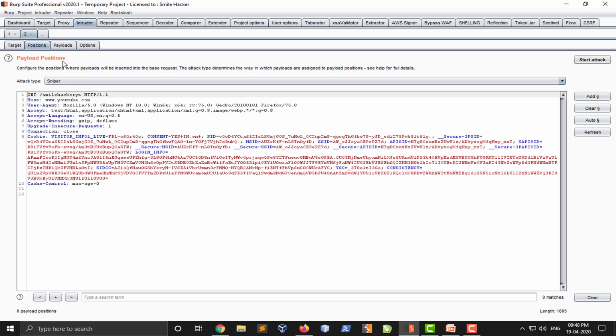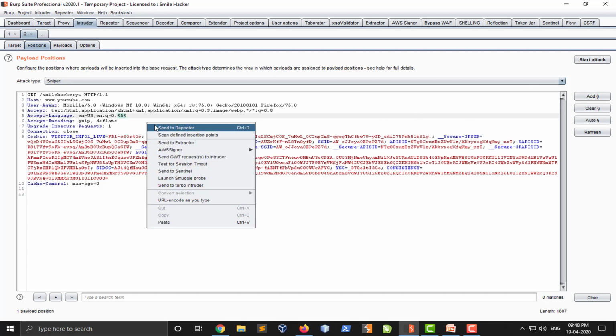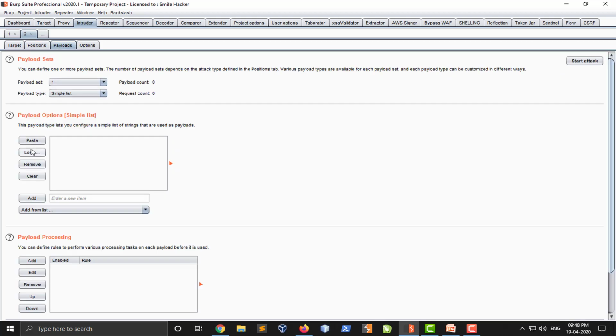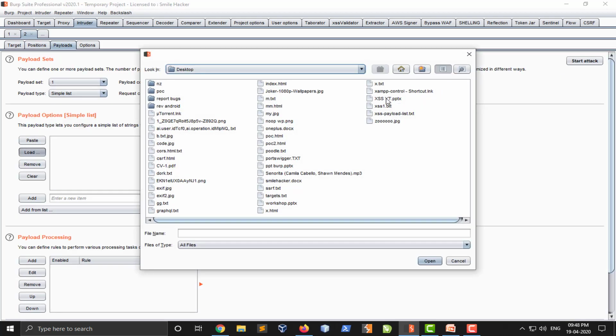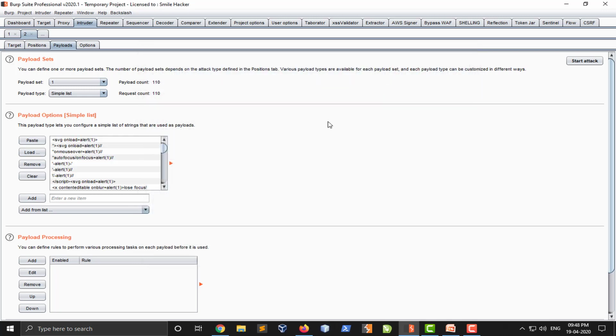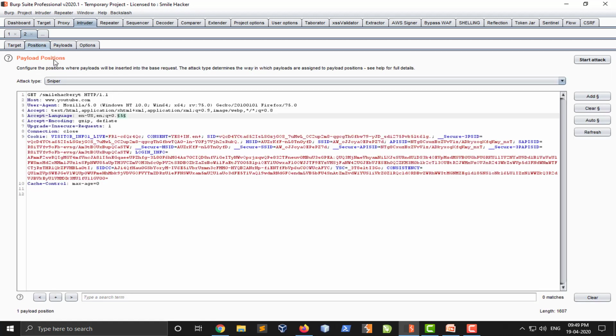So how could we perform a brute force attack? For example, I am showing you a basic brute force attack. Like if we add this to the scope, and we will see the payloads, load payloads, x.txt. Here I loaded my XSS payloads. The position is this. Sorry, I will remove this position and I will put it here.